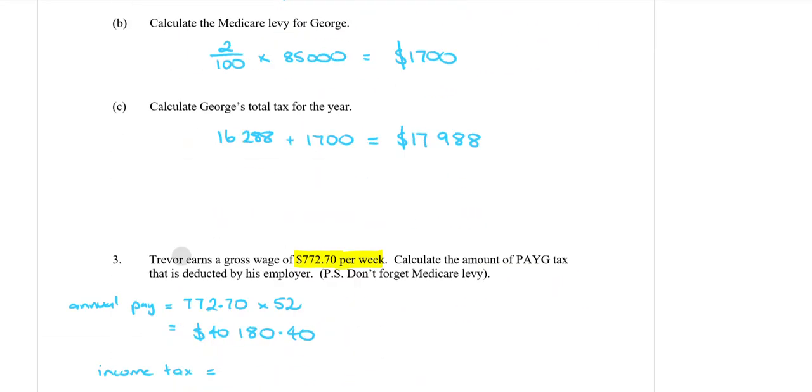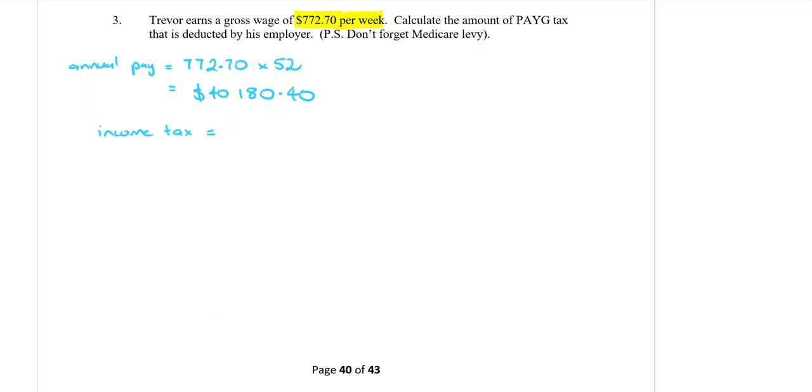So back to the question. We need to pay 16 cents, so 0.16 times his income, his yearly income, which is why we had to calculate that first, minus the 18,200 that he gets tax-free. So that is a total of